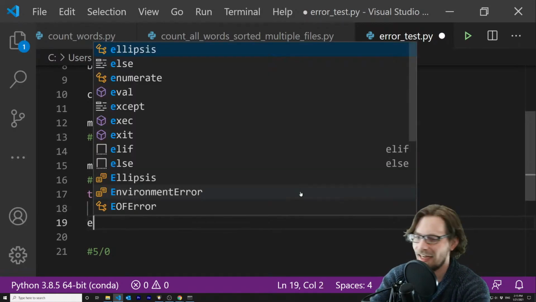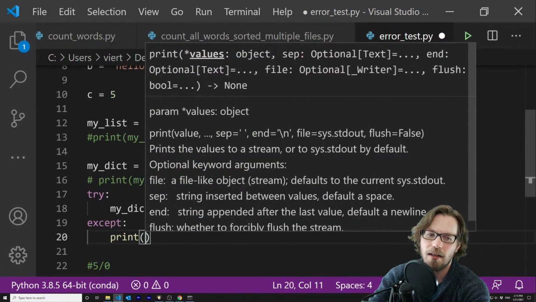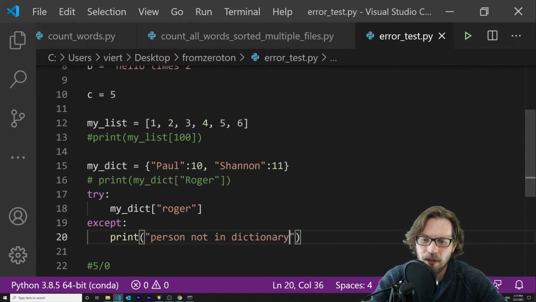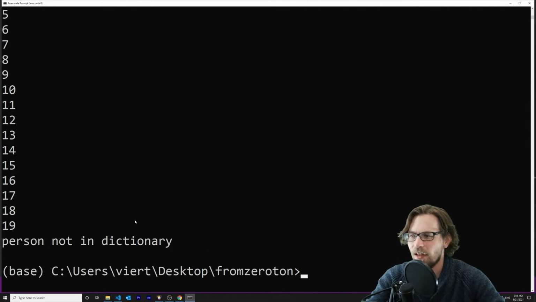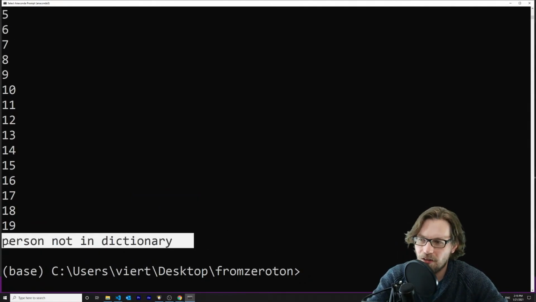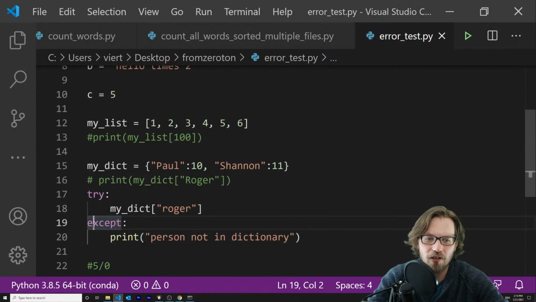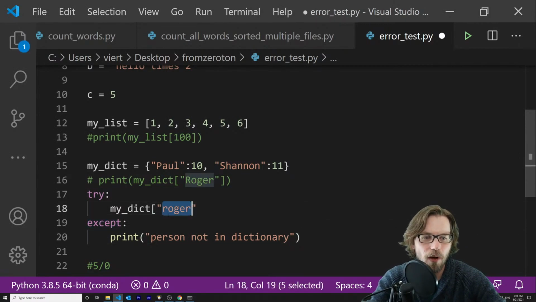And then I could say except, print "person not in dictionary," right? So when I run this, we can see that it actually prints "person not in dictionary." Now, this is going to be kind of bad practice because note that if I have Paul here,